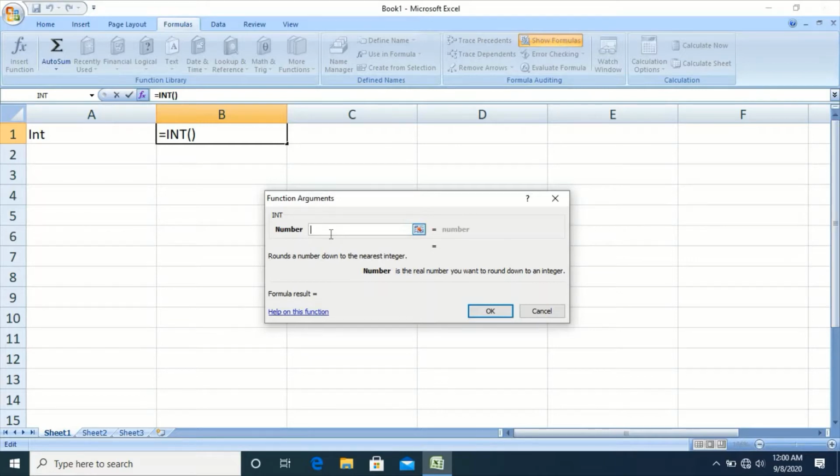For example, 89.76. From this it returns only the integer part. Integer means the whole number, that is 89. It ignores 0.76. It returns only the integer part, that is 89.